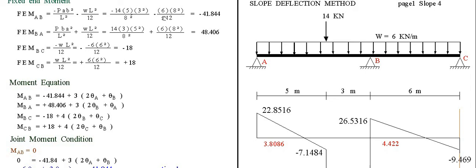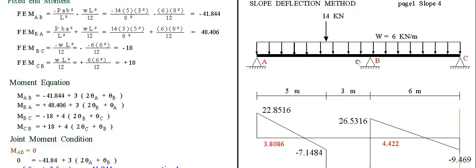For a uniform load, W of 6, span of 8, then divided by 12. Then simplifying this is equal to minus 41.844. Why minus? Okay, we will assume here that the moment here at A is minus, then on the left